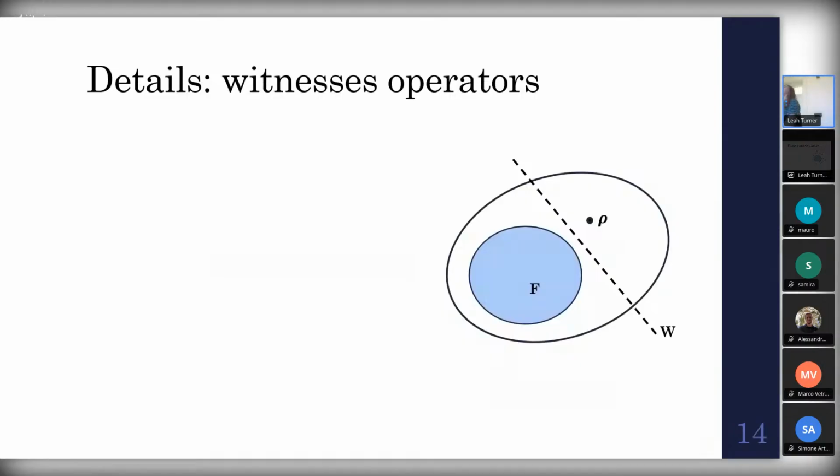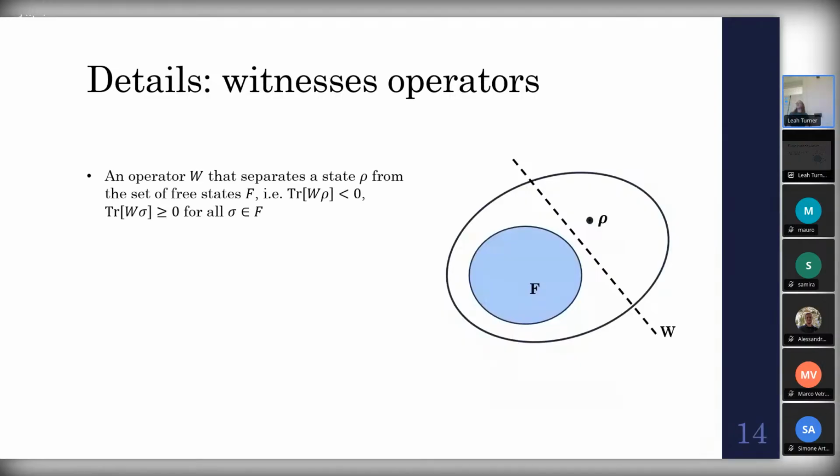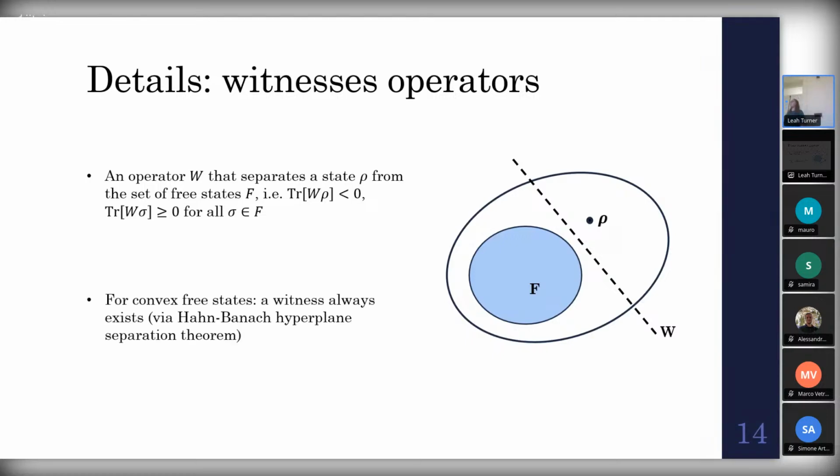The way we do this is through witness operators. So this is just some operator that separates your state from your free states, in the sense that if you take the expectation value of your witness on your resource state, it will be negative, and if you take it on any free state, it will be positive. So provided your free set is convex, we can always say that a witness, an operator of this form exists, thanks to a nice handy math theorem. And it essentially acts as a straight line. You can think of it as a straight line cutting off your resource state from your free states, like in